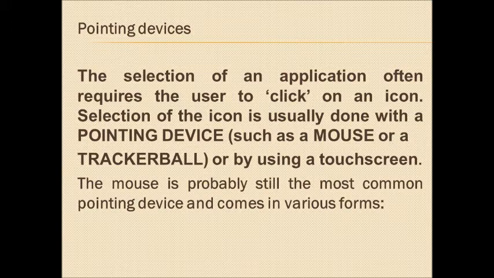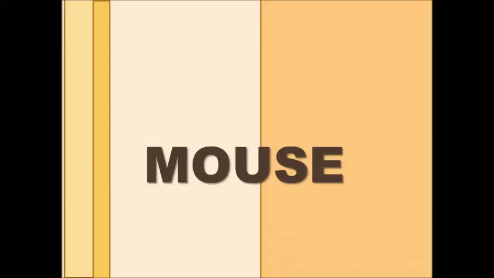The more traditional type has a mechanical ball arrangement connected to the computer through a USB port. The more modern type uses red LEDs to detect movement in the XY direction. These are the type of optical mouse. Then there are mice that use either of the above types of technology but use a wireless connection to the computer.